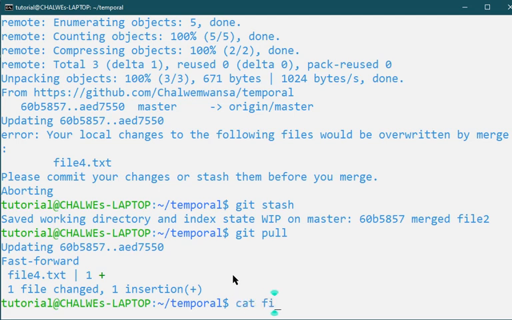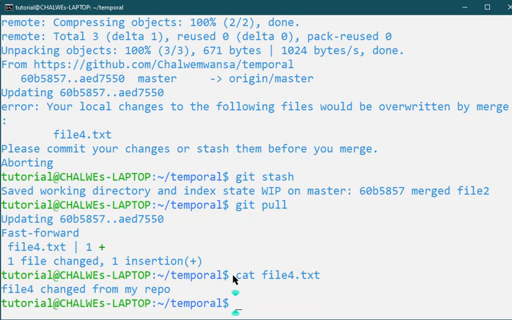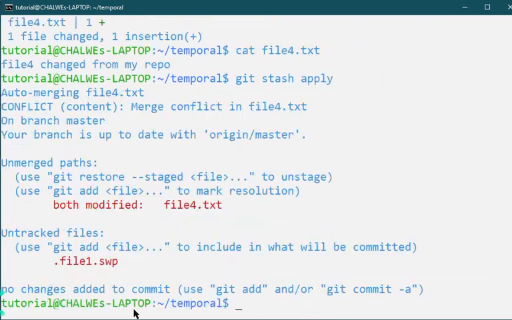Because if I was to cat file4.txt, it's saying file 4 changed from my repo, which is the same statement that I had put on my GitHub repository. But now if you want to apply the other changes that you had made, you can simply say git stash apply. So doing this is going to modify file 4, but now that file 4 is modified, you need to resolve the conflicts yourself. So you simply go to file 4,